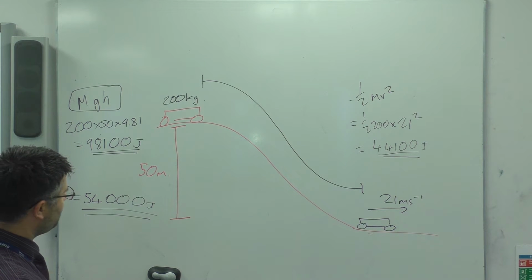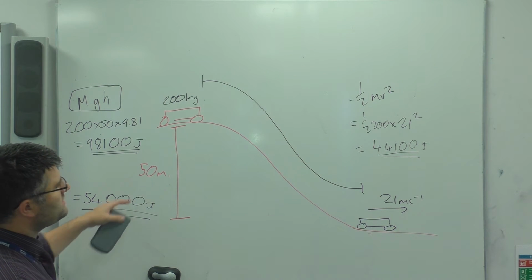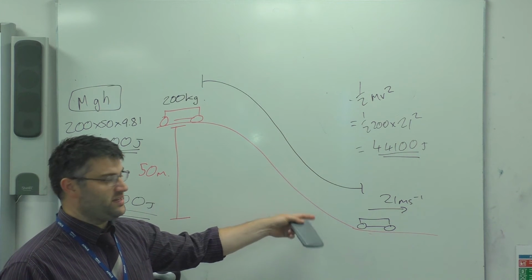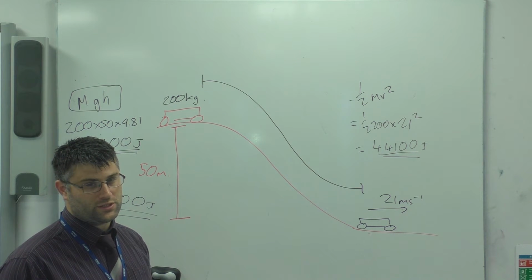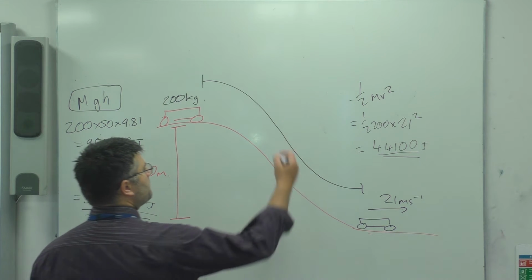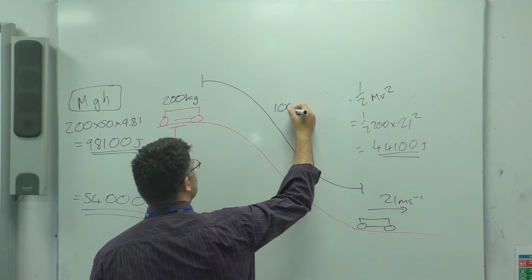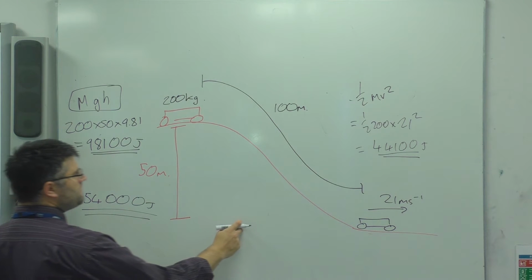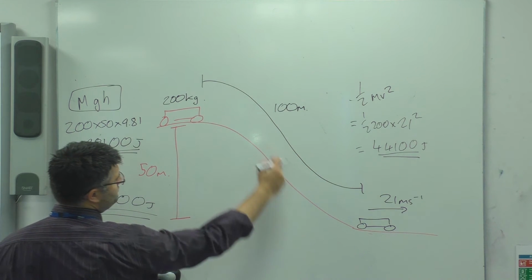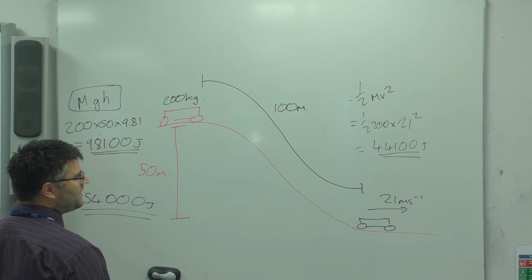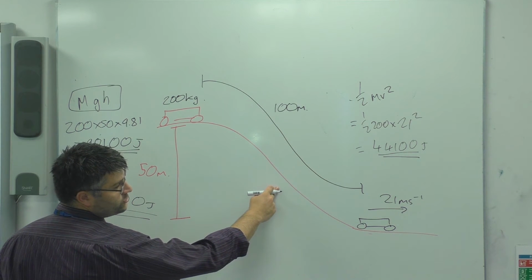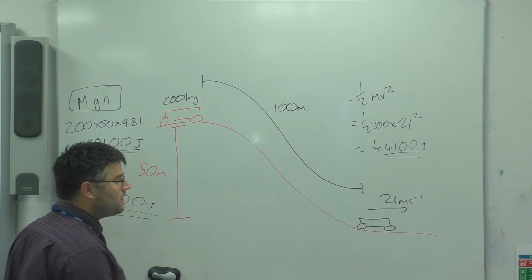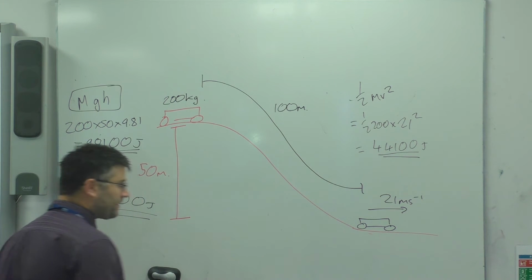So where do we go from here? Well, we've got this energy, and we need to work out a force down or up the slope that's in response to a frictional force. What I haven't told you is the distance down this slope is 100 metres. And over that 100 metres, this force is going to act opposite to the direction of motion. It's in the same plane, so it's okay to use the idea of